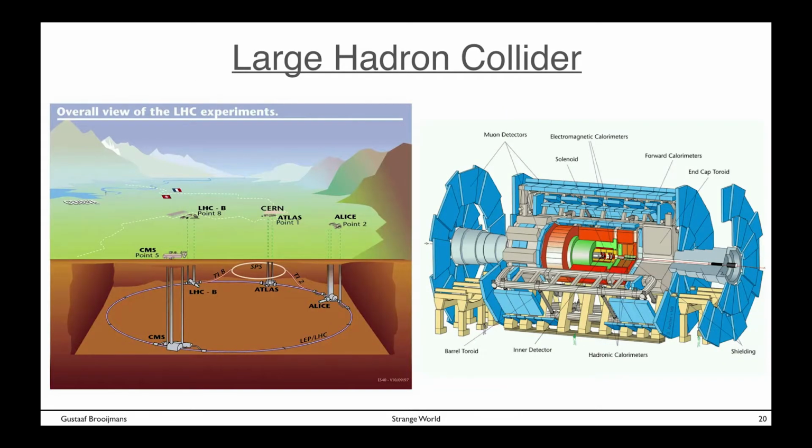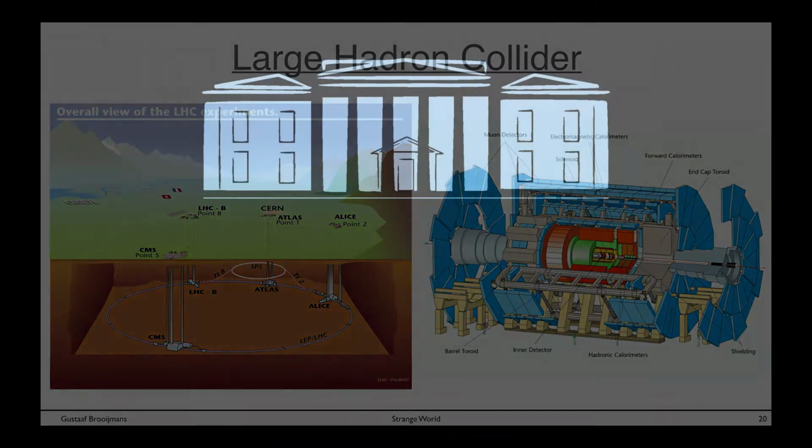Okay, so we built this huge thing which is called the Large Hadron Collider, and we put huge detectors around this, and this is really what we have that allows us to probe at the deepest of matter at this point. And this is getting me close to the end of the first part of my talk, the one where we have been discussing all the tools at our disposal. And I'm sure there were talks on this as well. So this is big, right? Here's a person, so there we are. And so this thing is quite